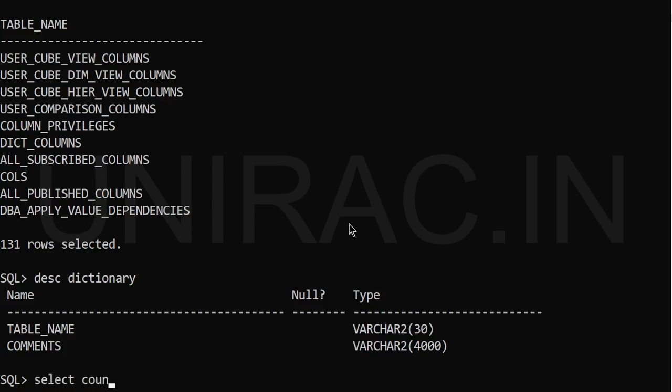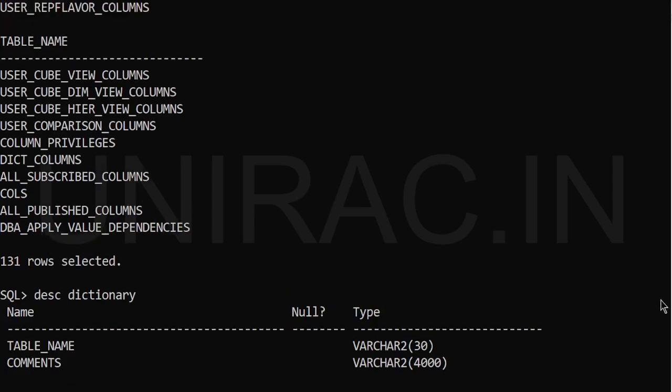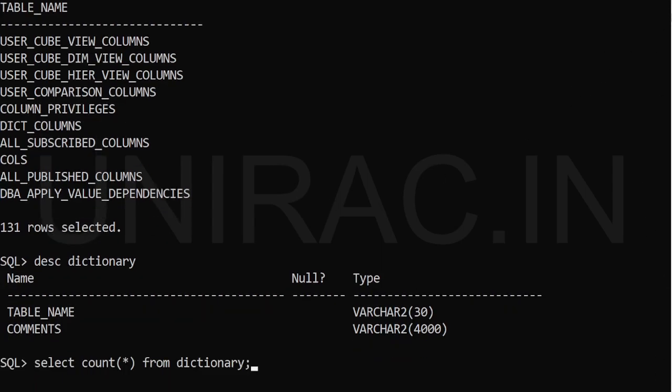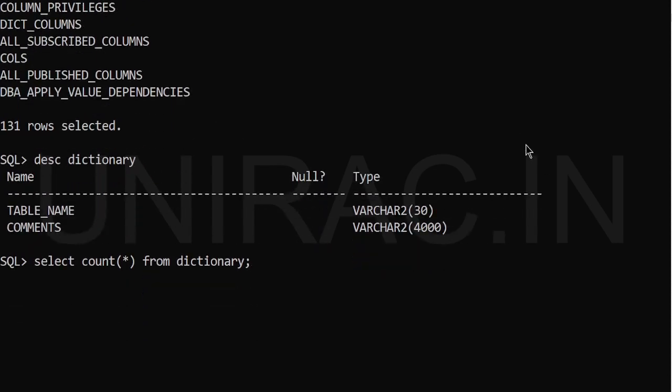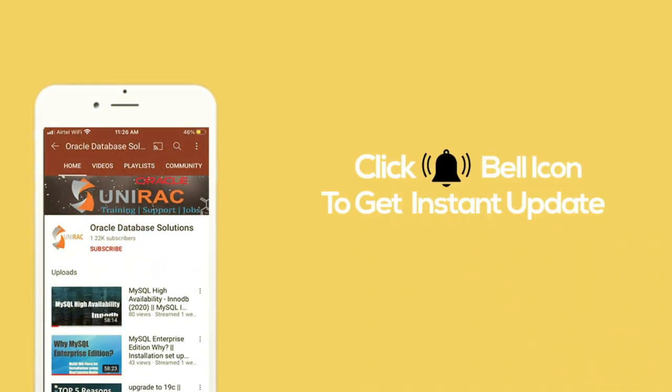You can get the count of your dictionary tables. Let's take a count. 2551 tables are there.